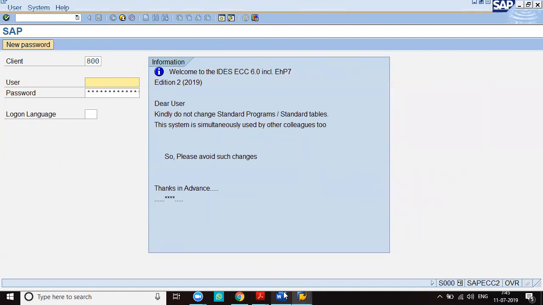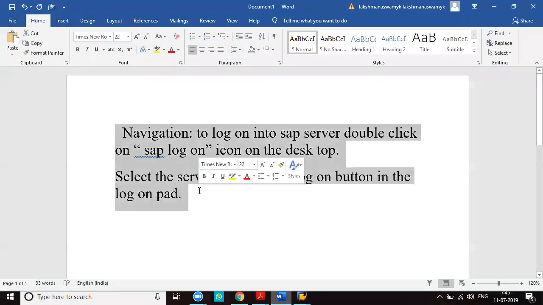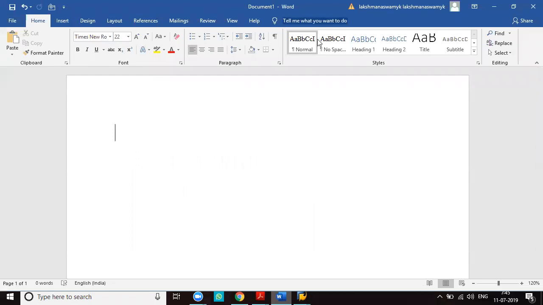Continue. In the presented screen, the first line from the top is called menu bar. It contains different menus from screen to screen.